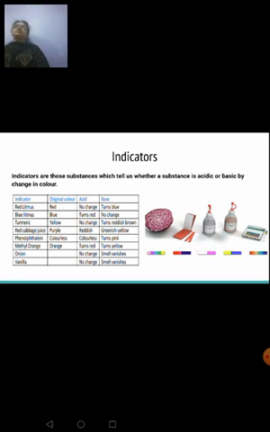Based on their origin, we can classify them as organic acids and inorganic acids. Based on their ionic concentration, they can be classified as strong acids and weak acids. What did I say? In aqueous solution, if they produce a larger number of hydrogen ions, they are called strong acids. If they produce fewer hydrogen ions, they are said to be weak acids. Strong bases and weak bases also I told you.